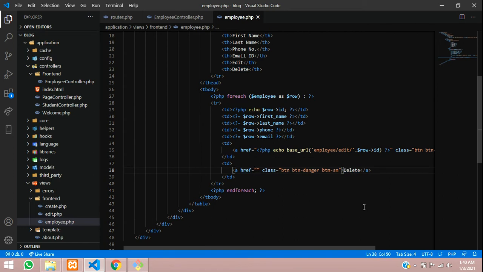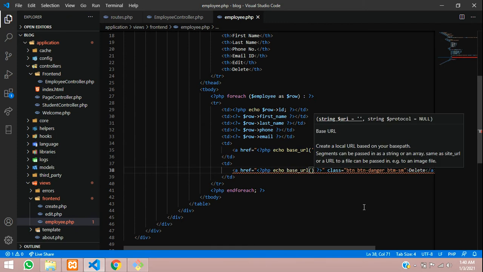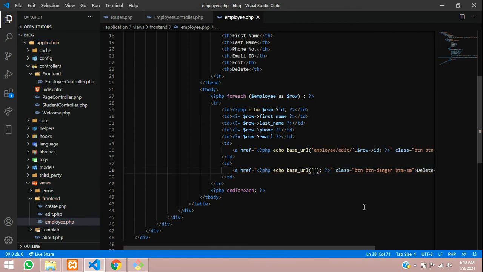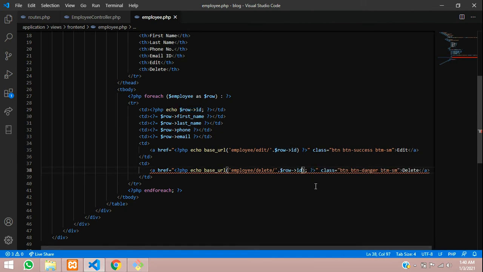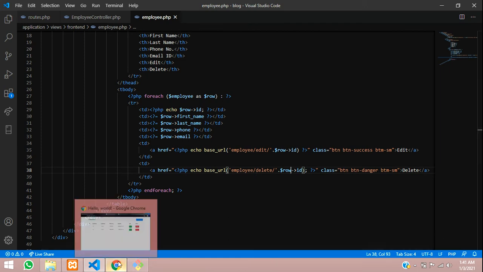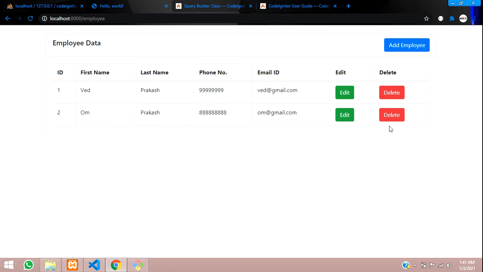So guys, let us type PHP open, PHP close, where you echo the base URL, the base_url function, and this is where you will be viewing your data, I mean the path, which is known as the route. Now let's type employee, forward slash, delete, and delete forward slash with the ID. So let's concatenate the ID. As you know we have fetched it, so the same thing we paste the ID over here. Let me reload and check that there is no error.